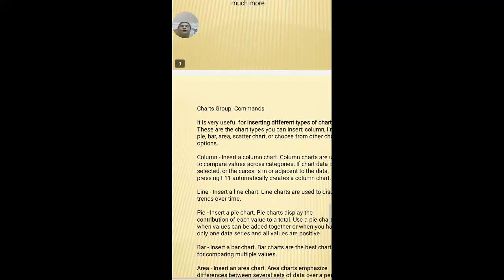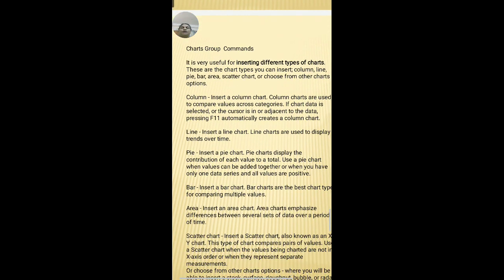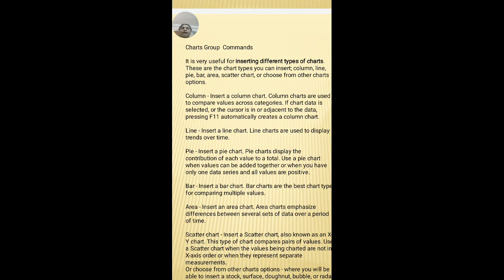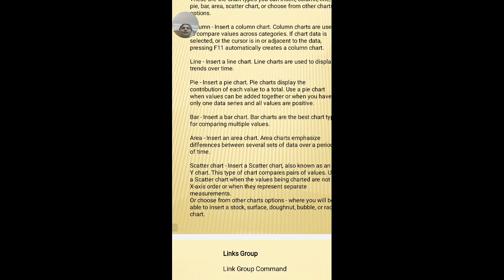That is the Charts group, which comes under the Insert tab. The commands of the Charts group are Column, Line, Pie, Bar, Area and Scatter chart.